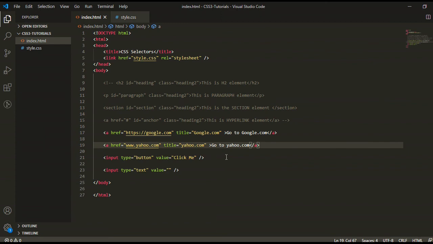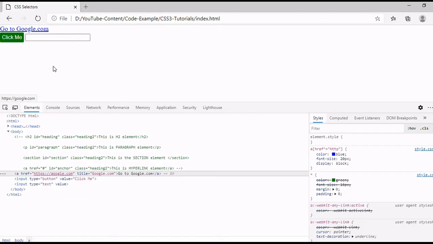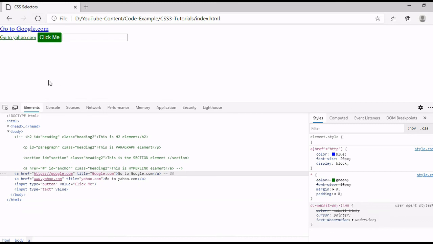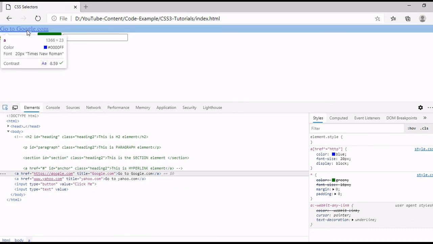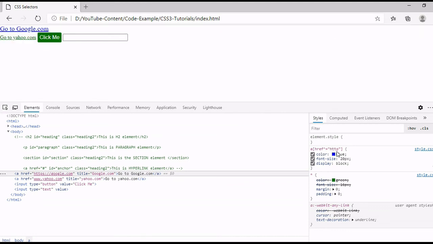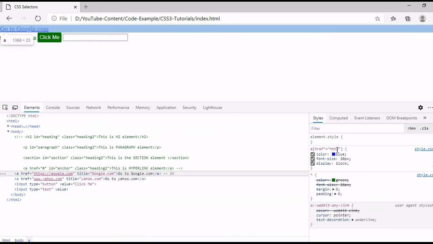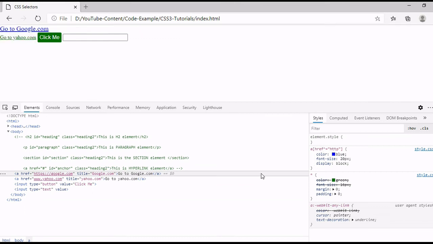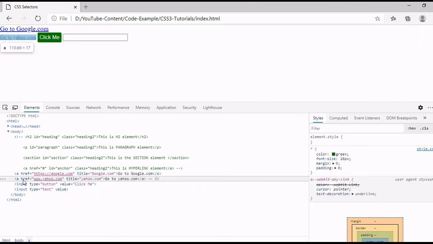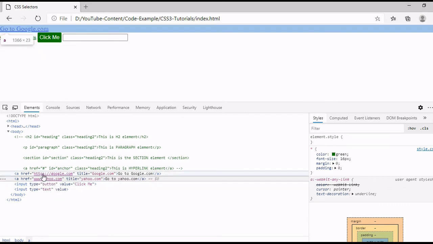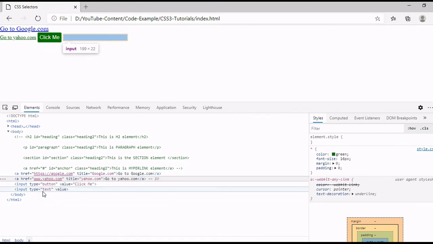So let's see. Here you can see the difference. We have given the CSS rules for an href value starting with HTTP, but in this anchor element the href value is not starting with the HTTP text. So this anchor tag does not contain any CSS property.